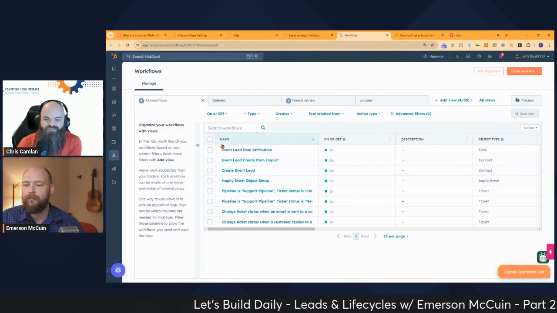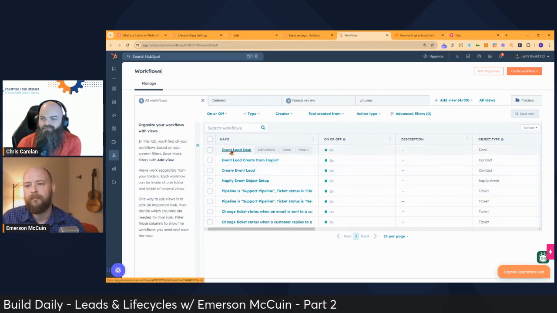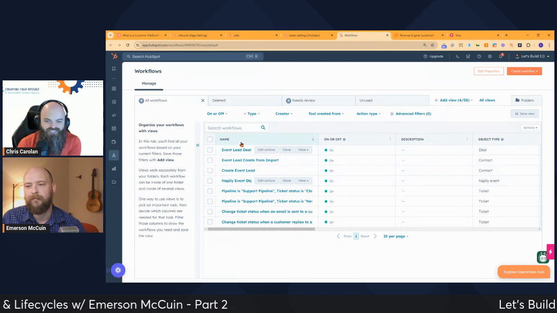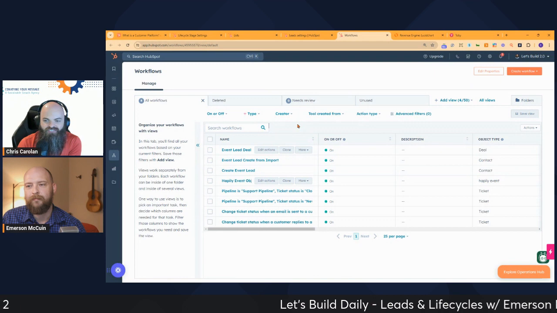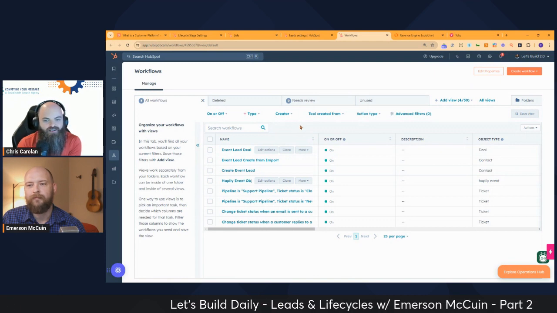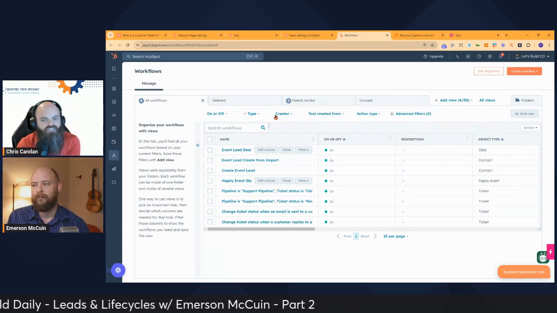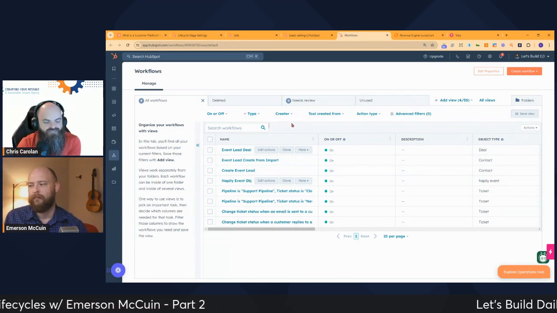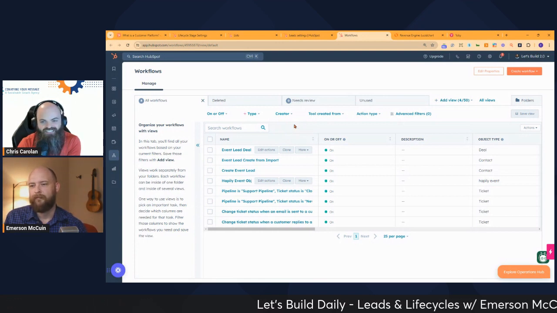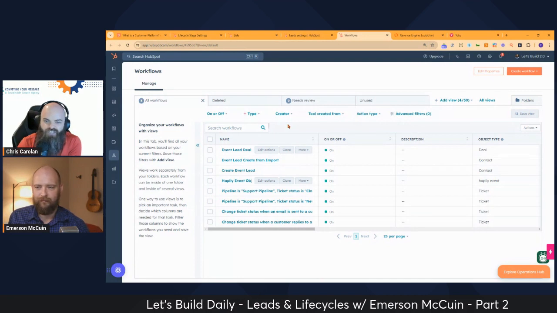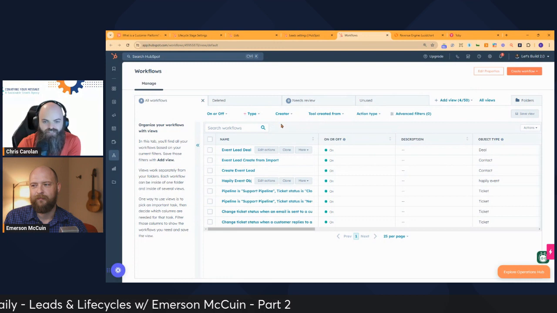And yeah, so we'll see some workflows that I made with Max last week related to events. And just like a pro tip here, if you're coming into a system that's already been managed, please take time to understand what's already there. The last thing you want to do is either duplicate a bunch of work that's already been done or start to create conflict, especially in the workflow space.